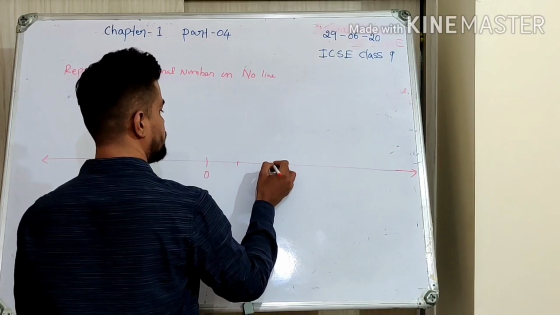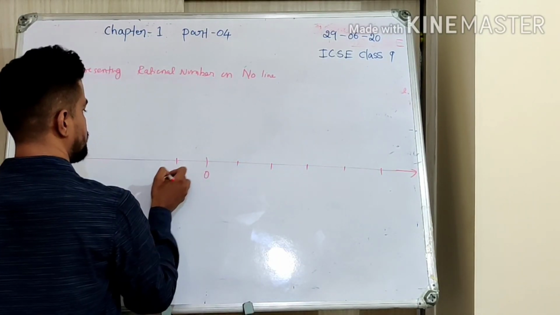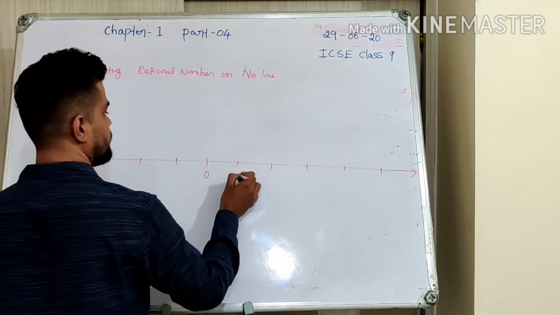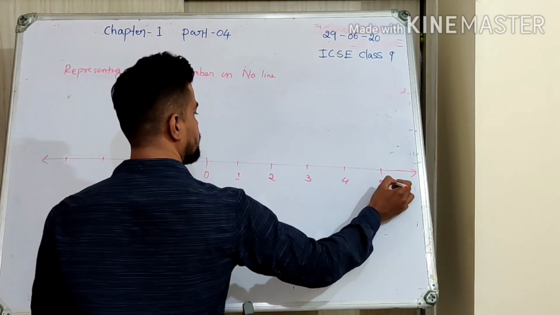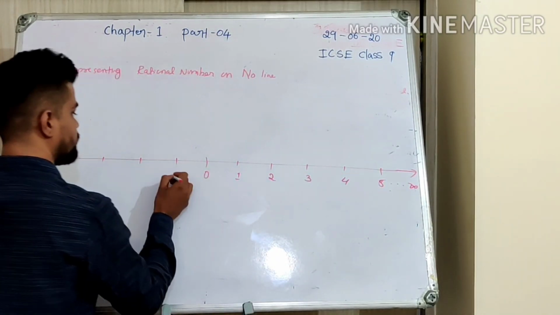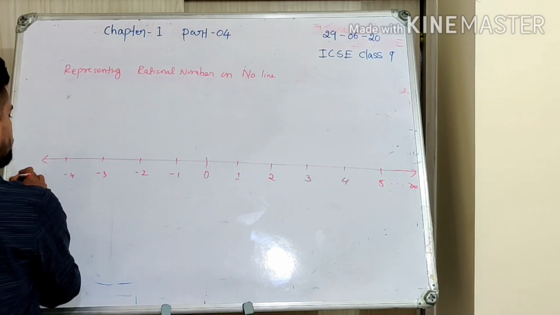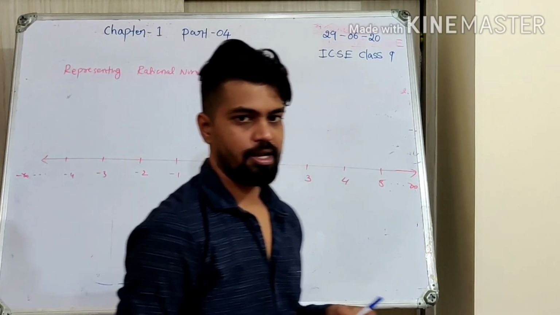So I'm going to equally space these numbers. So you need to be using scale if you are solving these questions. Okay. So now I'm just randomly writing it. It will go till infinity. So here -1, -2, -3, -4 till minus infinity. Right? This is the origin. Yes, we have a number line here.